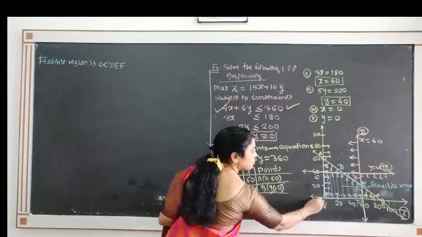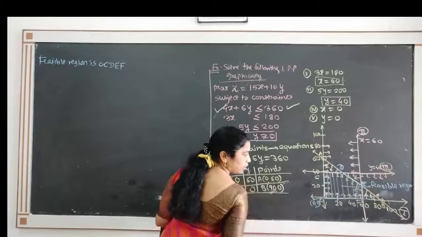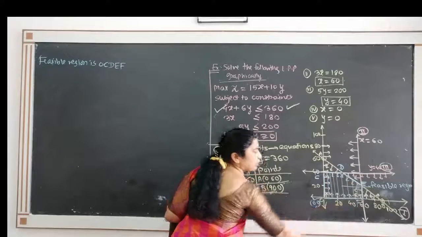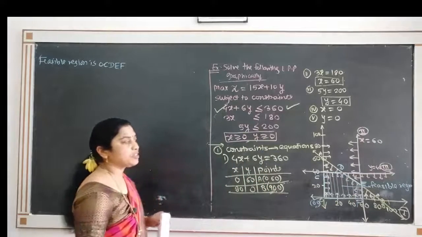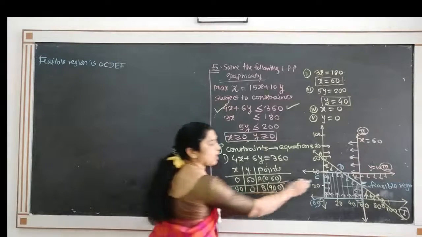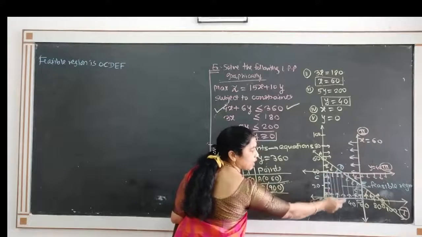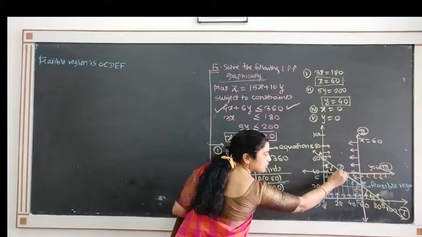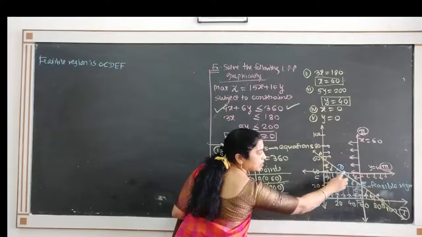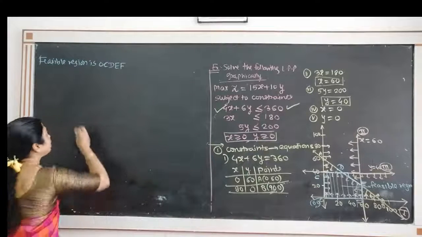Now see, you know the point of origin 0, 0. You know the point C, 0, 40. You know the point F, that is 60, 0. So it remains to determine the coordinates of points D and E. To find the points, we will solve the two lines simultaneously, where D is the intersection of the two lines. See D. D is the intersection of these two lines. This line is AB line and this line is y equal to 40. So solve the two lines simultaneously.